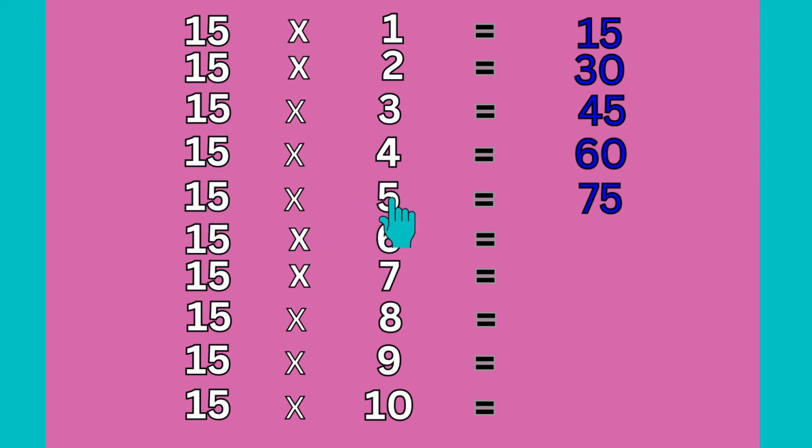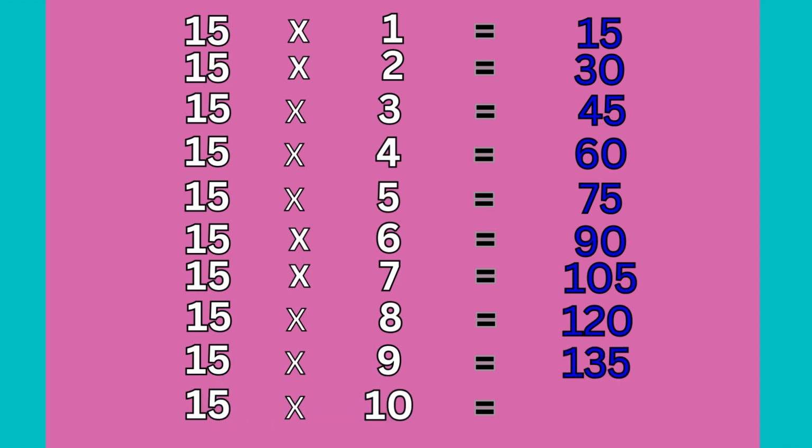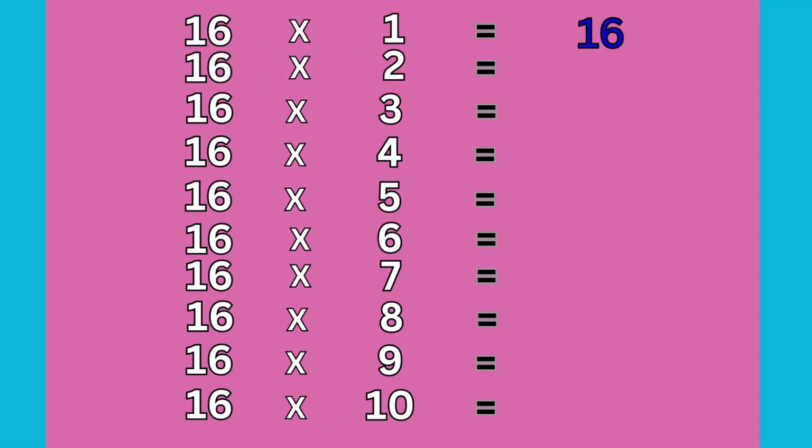15 fives are 75, 15 sixes are 90, 15 sevens are 105, 15 eights are 120, 15 nines are 135, 15 tens are 150. 16 ones are 16, 16 twos are 32, 16 threes are 48, 16 fours are 64,